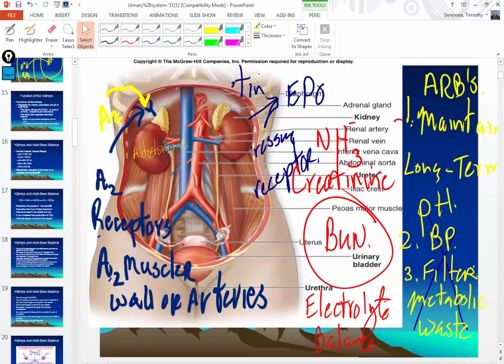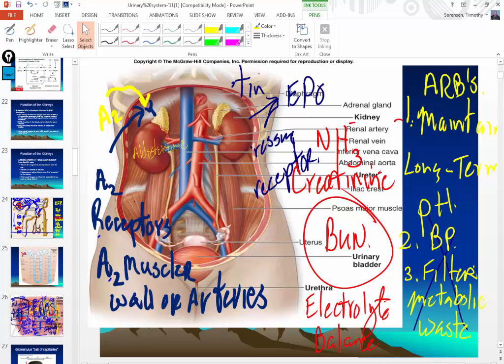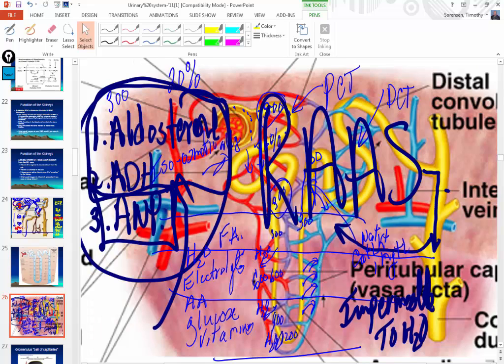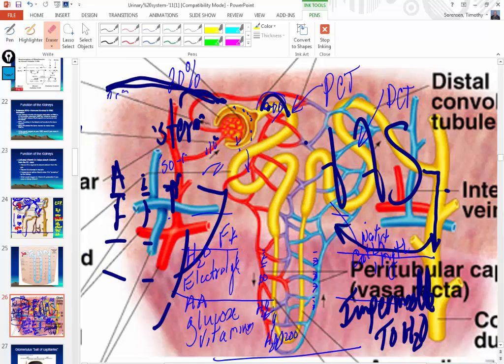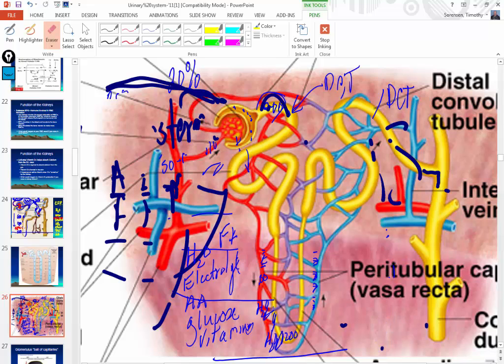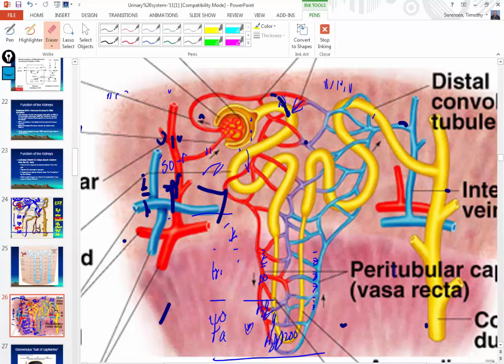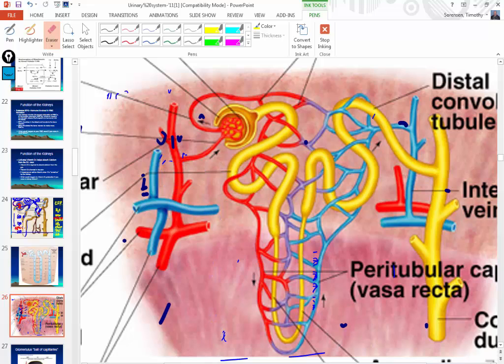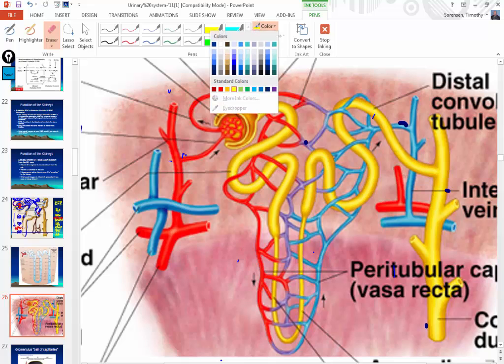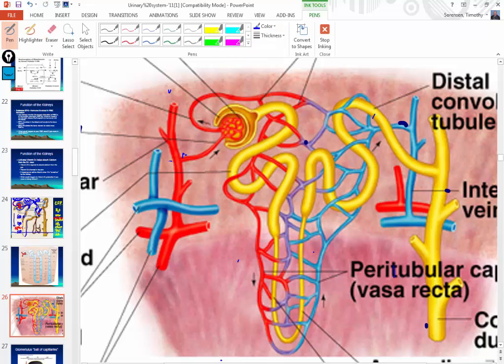Here we go. Aldosterone exerts its effect on the distal convoluted tubules. I want this whole thing. Write this down: embedded in the cells that make up the distal convoluted tubules is a pump